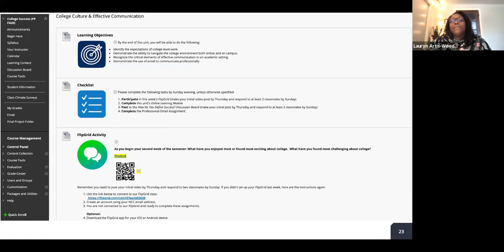So these are just examples. You can see the left-hand menu is the base navigation in Blackboard. This is a college success course. And this is the base navigation with the addition of what is the final project folder for the course. And in learning content, that's the folder that we're open to. You see we have this topic, which is college culture and effective communication. And then within that folder, we have learning objectives, we have a checklist,